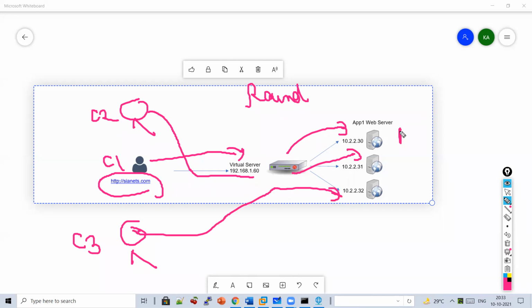Round by round. So this is how the round robin algorithm decides, so that load balancing happens properly.